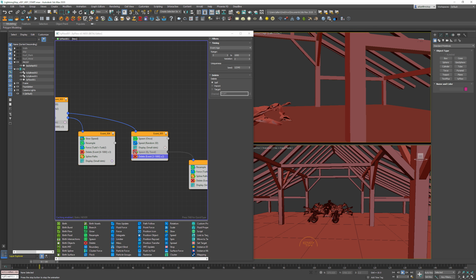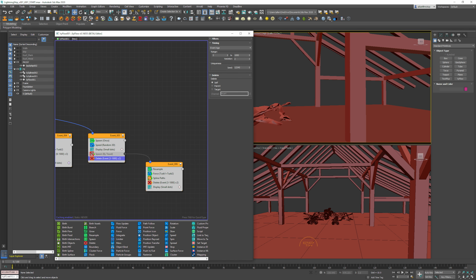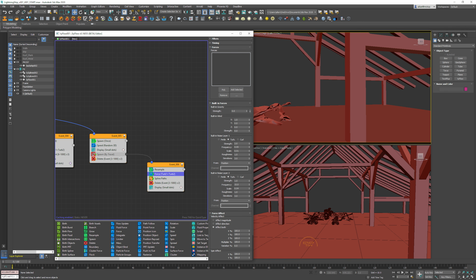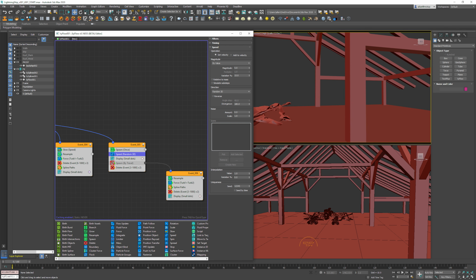So the whole idea is that now it will find the target and it'll spawn new particles. Those particles don't live very long. Should be 3 frames. Got some force on there. The speed doesn't need to be this extreme. We could do something a bit more subtle. It really depends on what we're going for. One thing I think would be interesting though is to go back to